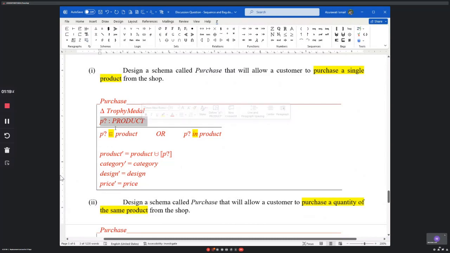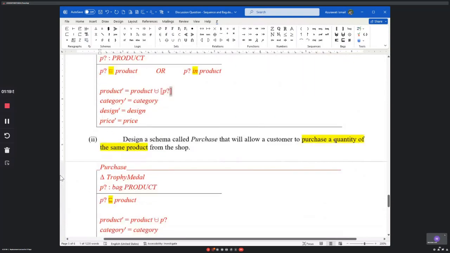So you have to use membership, bag membership. When it is a single, then you use it like this. You use angle bracket. But if the question says purchase a quantity of the same product,